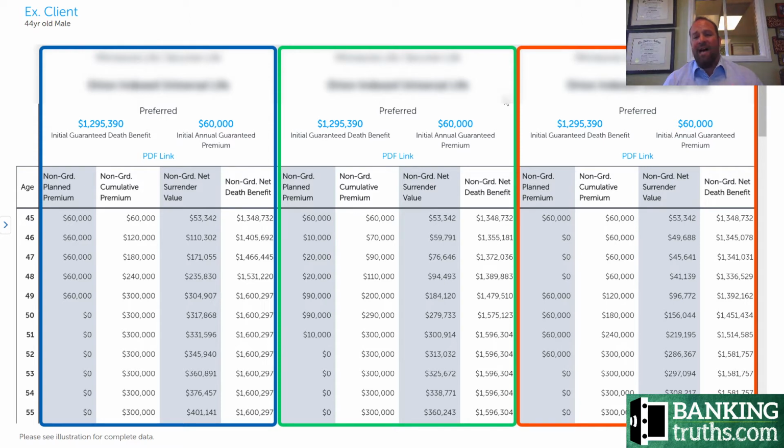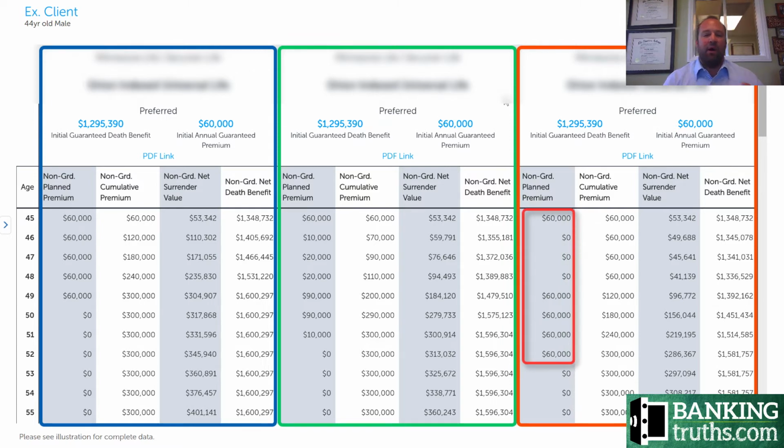And oftentimes, regardless of the length of the funding period, we find that when you're overfunding Index Universal Life, the net cash surrender value will equal the amount of premiums paid when using the average AG 49 crediting rates. So our clients will often have things like cash, money market savings, CDs, low yielding bonds, and I tell them that during the funding period, the policy will behave a lot like that. It will have the same risk profile, or similar at least, but they'll have liquidity, especially if they use these enhanced cash value riders.